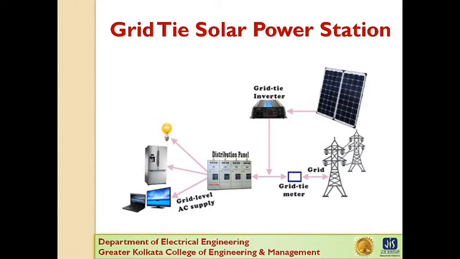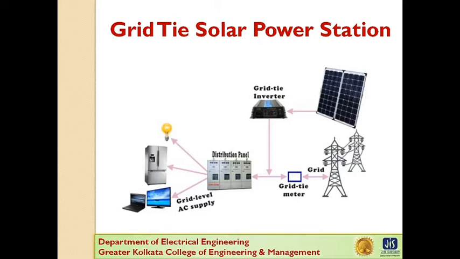Here the grid tie inverter also monitors the power being supplied from the grid, and if it finds any power cut in the grid, it actually switches the solar system to disconnect it from the grid, to ensure no solar electricity can be fed back to the grid during the power cut. There is no energy meter connected in the main grid supply line to record the energy export to the grid and energy import from the grid.